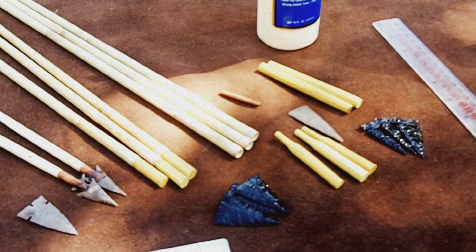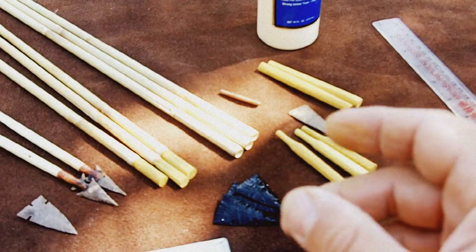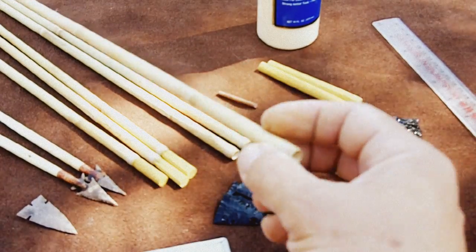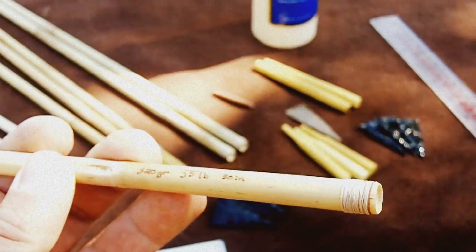Okay, in this video I'm going to be explaining how I make arrows, and I'm working on some arrows for a friend of mine. They're made from river cane. Now the first thing I do when I make arrows from river cane is